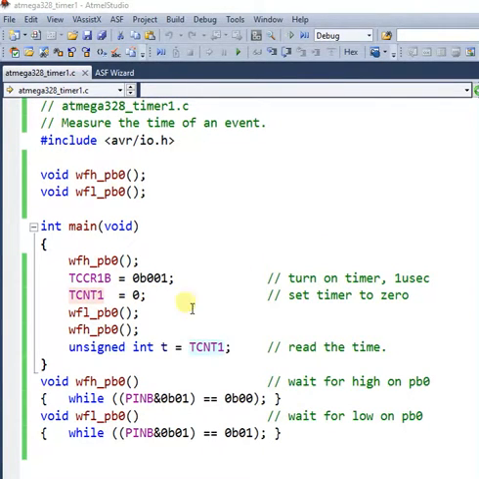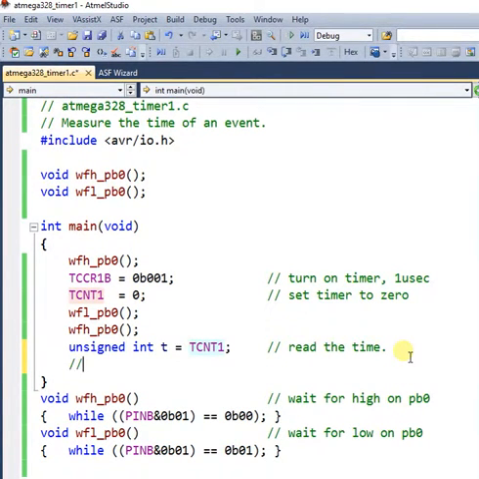Well, that should do it. I did compile it. It does compile. I took out some comments, and the code looks pretty good. It's pretty simple. As shown here, you basically, again, turn on the timer, set the time to 0, you wait for something to pass, and time-wise that is, and then you read the timer. And here, by the way, you can read the time into t, and t will be the number of microseconds that it took. So let's put that in as a comment: t is equal to the time passed